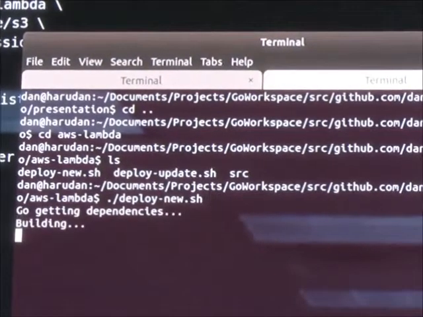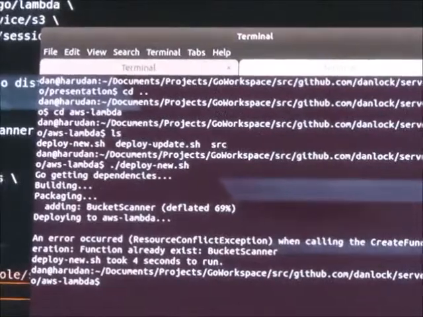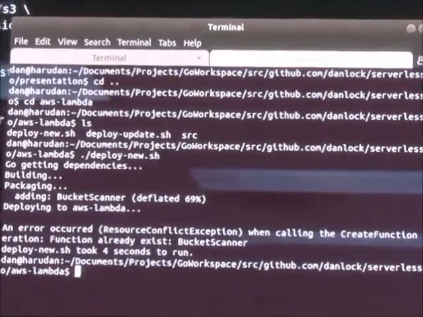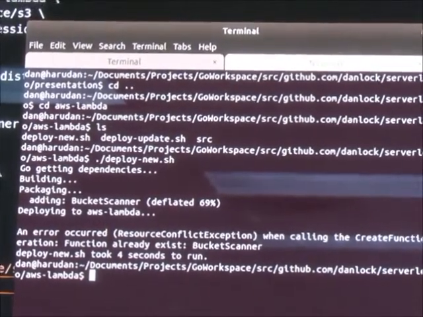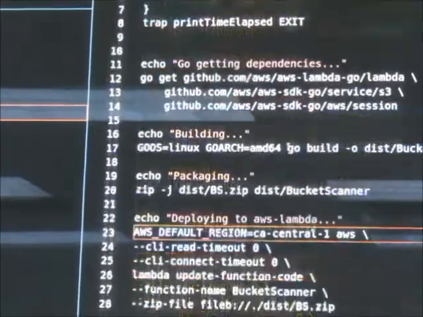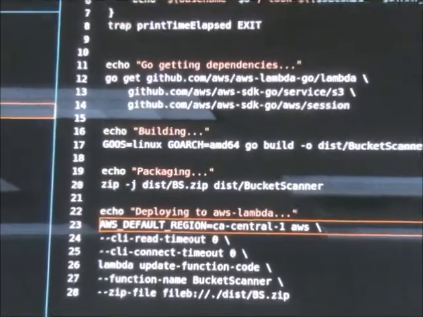Hopefully this will work. AWS Lambda was not allowing me to create Lambda functions over the weekend, so well, that's great. Oh, it already exists. That's true. I was scared about not being able to use this, so I pre-created them. Well, we'll take a look at the update script, which is almost the exact same.